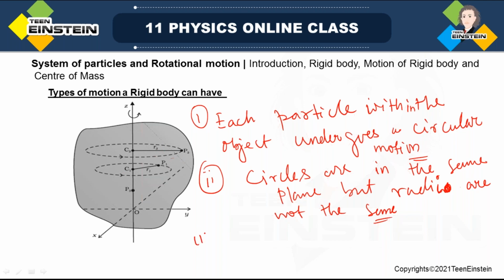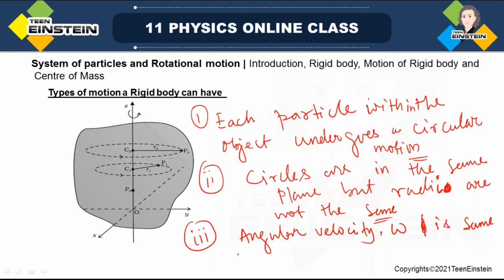And one more thing is the angular velocity, that is omega, is the same for all the particles, all the particles. Whereas this I will show you sometime else. Whereas